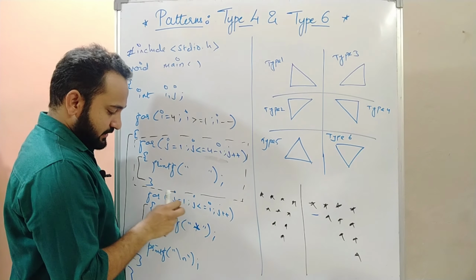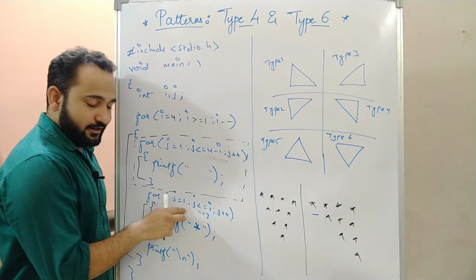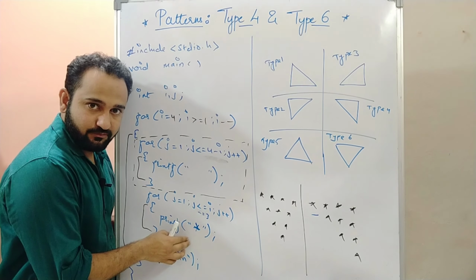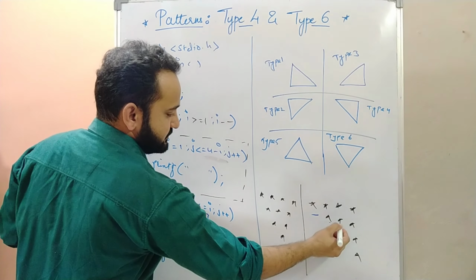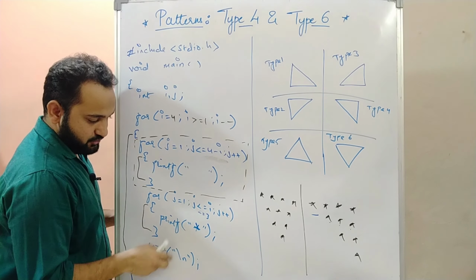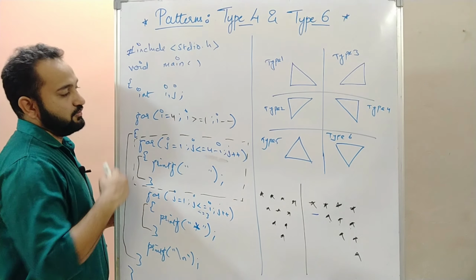Now in this, j will iterate from 1 to, what is the value of i? 3, right? It will iterate for 3 times. It will go inside 3 times and will print 3 stars. It will print first, second and third star. Fine. And it will come out of this loop. When the value of j is 4, 4 is less than or equal to 3, condition false, it will come here, leave one line, it will go back again.